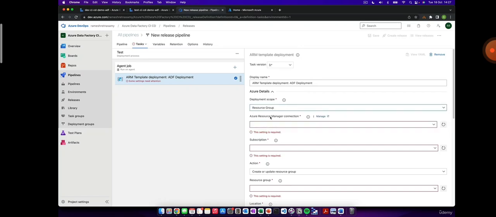The next thing we want to specify is the resource manager connection. We don't have a connection at the moment. Let me click on the drop down and show you. As you can see here, we don't have any connections under the available Azure service connections, but we can create one. So in order to create a connection, click on the subscription that you've got, and then you've got two